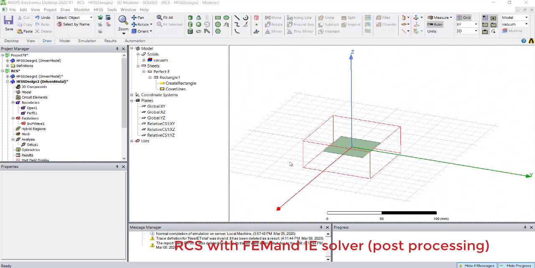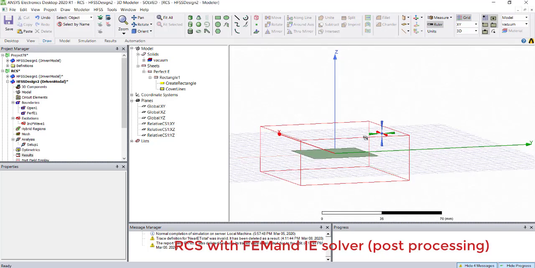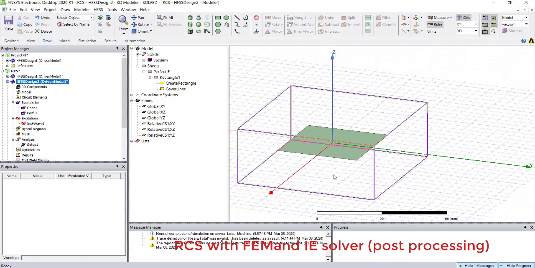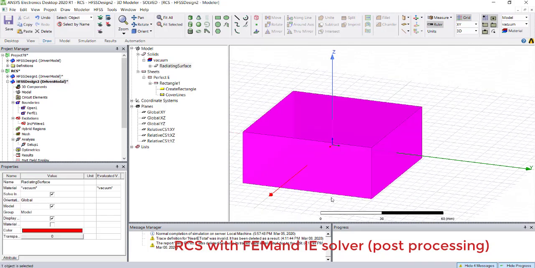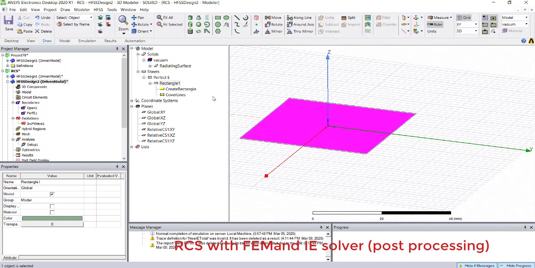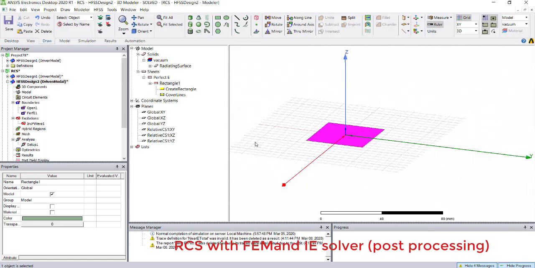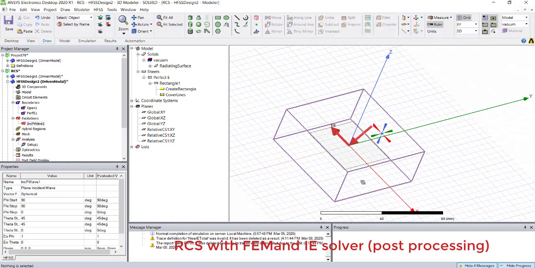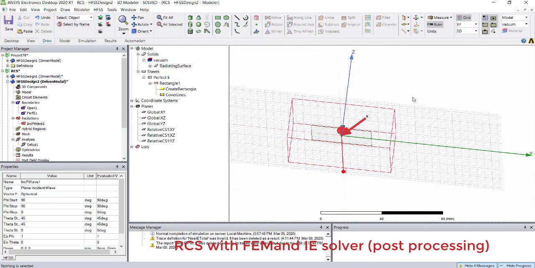Hi everyone. Today we are going to discuss some RCS and some of the post processing of the RCS data. So if you see over here, I have a metallic sheet. It's a perfect E sheet, and then there is a radiation box around it. And over here you can see an incident wave coming in at this particular angle, which is 45-degree, and hitting here